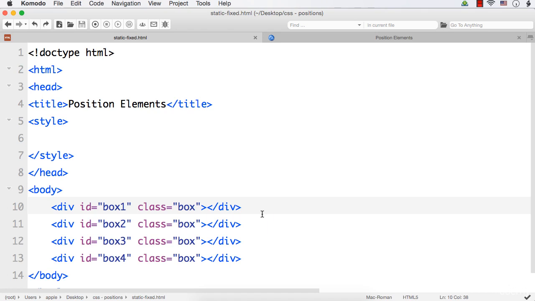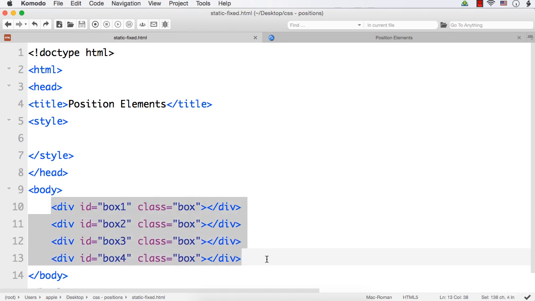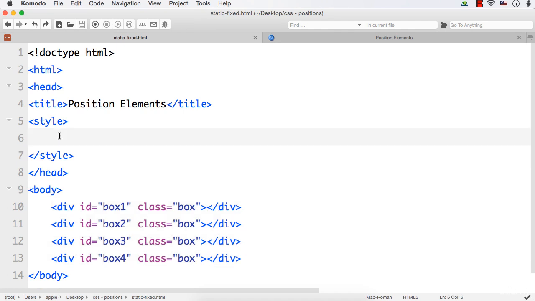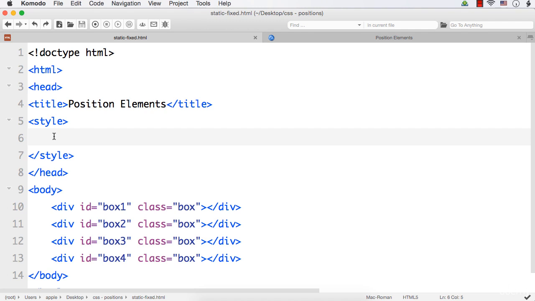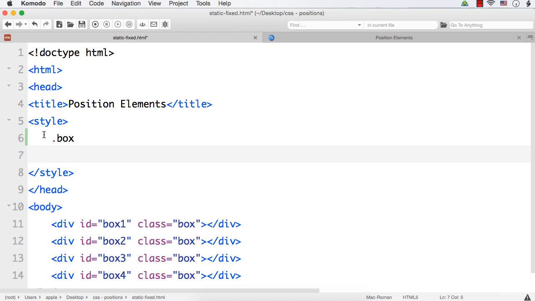To illustrate this, I have created a web page with 4 divisions and they have IDs box 1, box 2, box 3 and box 4. And I have also added the class name box commonly for all the 4. So let me first style the elements so that we will be able to see them. As of now, as we haven't added any style, we are not able to see the divisions. So to access all the 4 boxes or divisions, I can access them using their class name with a dot.